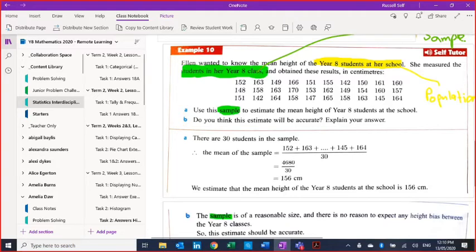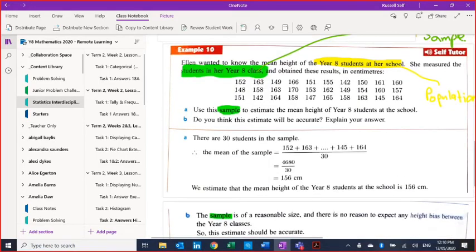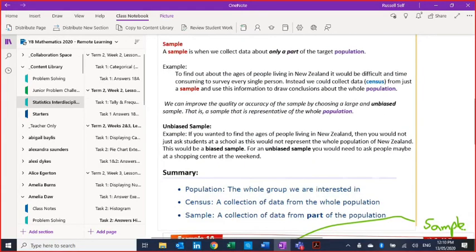Now, what if there were only 5 students in her class? Do you think that would be a good sample? Definitely not. No, there's not enough of them, right? Typically, we need at least 30. Okay? Good job. Okay. So, what we're going to do is we're going to go to the task, and just